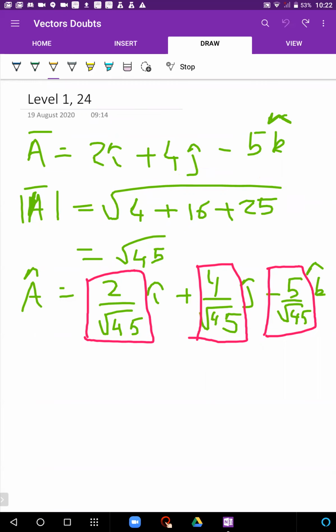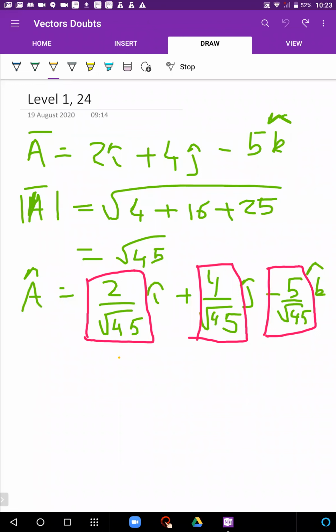Now divide the vector by its magnitude. So when you divide it by its magnitude, you get root 45 below each of the terms. So it becomes 2 by root 45 I cap, 4 by root 45 j cap, minus 5 by root 45 k cap. अब इसमें the components you see,